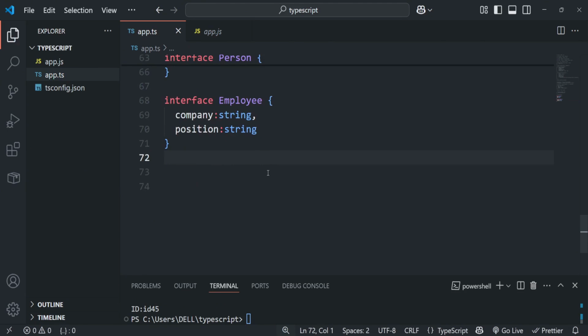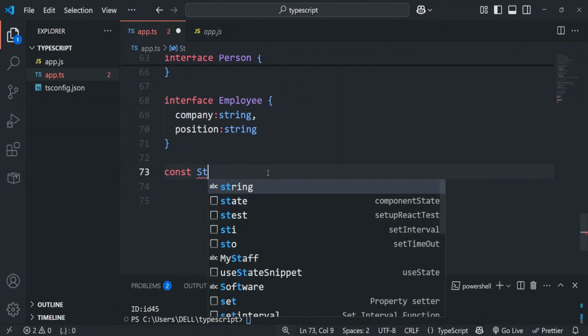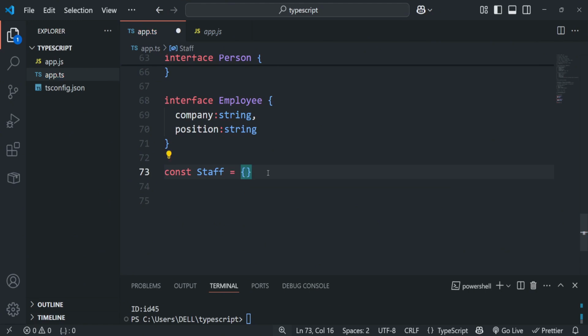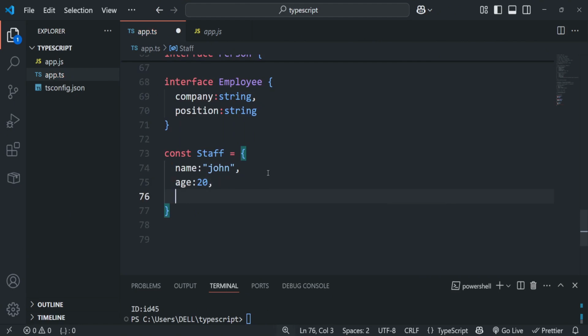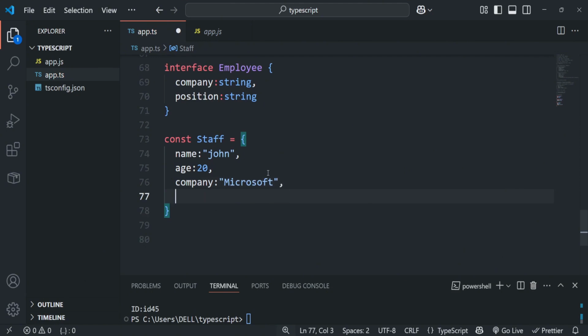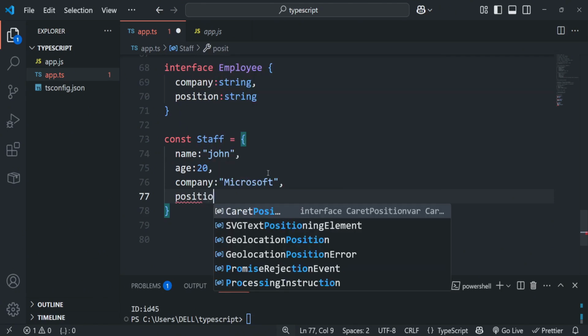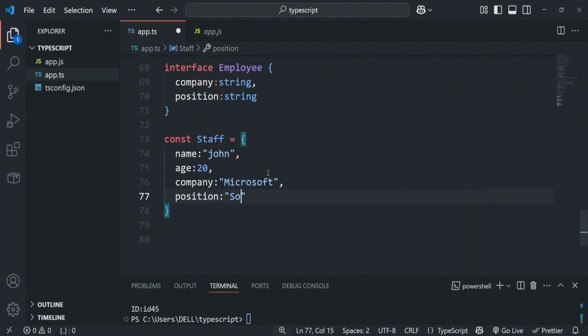Now next, let's create an object. I'm going to say const staff is equal to an object. It's going to take, first of all, a name property. Now the name of this person is going to be Emmanuel. I can use John. Let me use John. It's shorter. Then it's going to have an age of 20. John is 20 years old. Then John works for, and since I'm making use of Microsoft's code editor, I'm going to say he works for Microsoft. And what does he do for Microsoft? What position does he occupy? John is a software